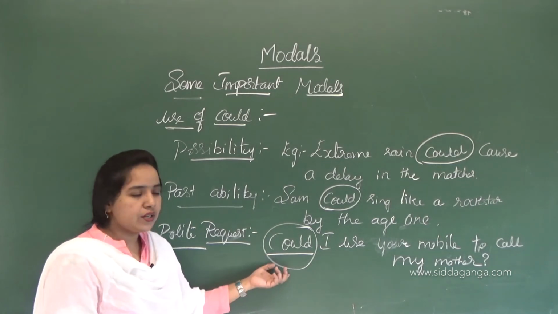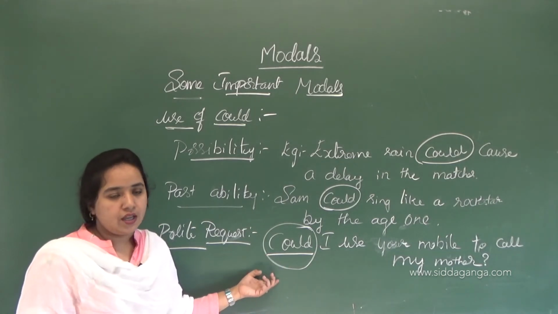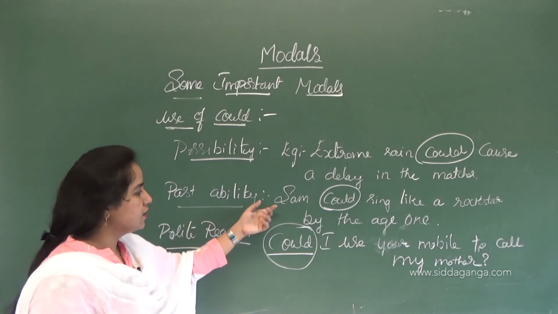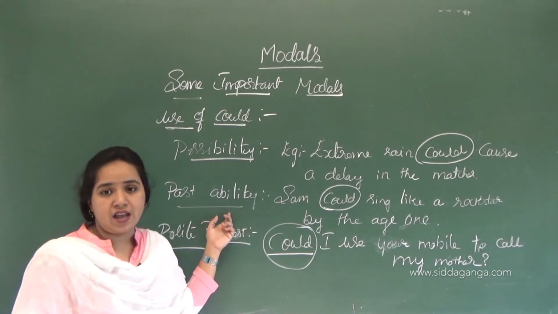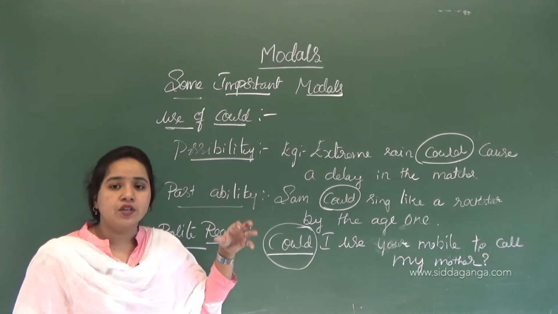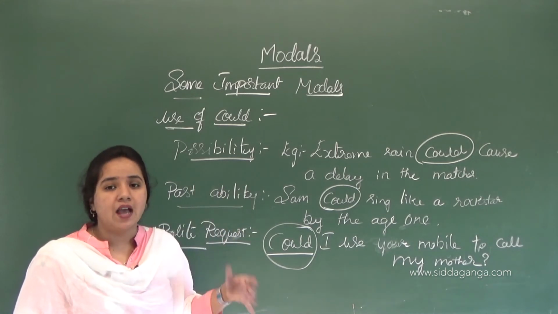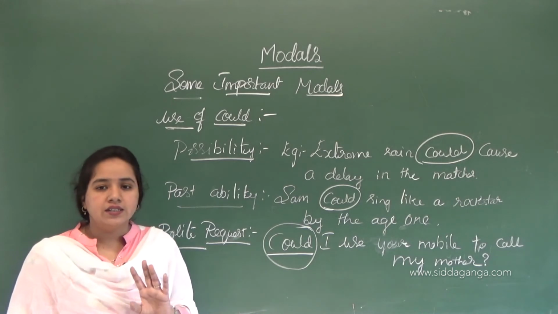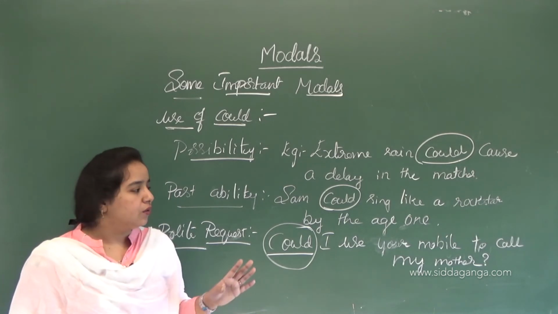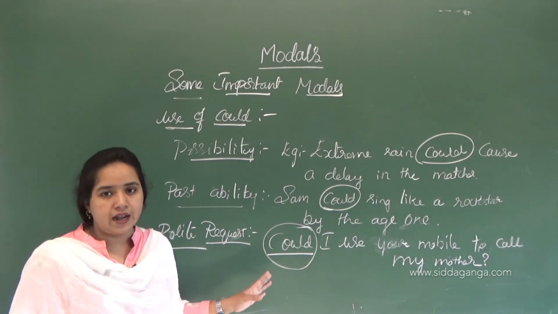So here also could is used in the first one, okay. But the only difference is that could expresses a past habit, but can expresses a present habit, present activity, okay. I hope that this is clarifying to you. So there are no doubts regarding this.